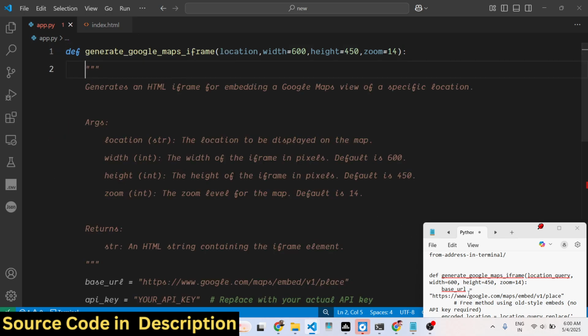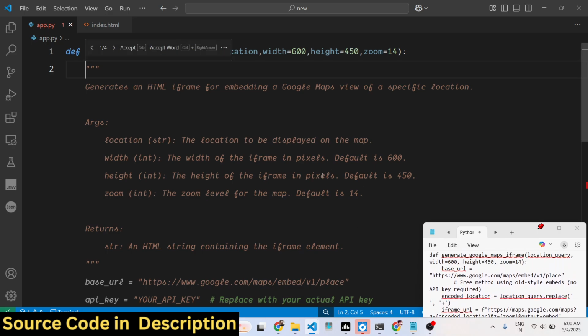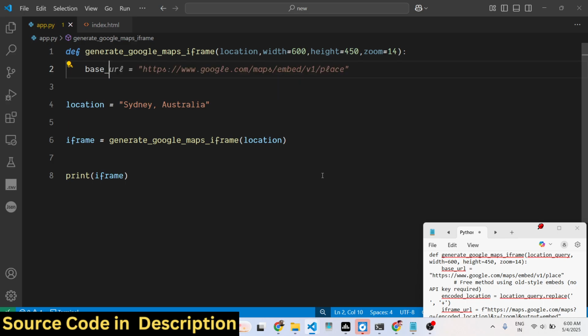Now inside this function, we need to define a variable, base URL. To embed the Google Map in the iframe, we have this Google URL. All this script is given in the description of this video, guys. You can copy the script. The link is given in the description. We are using the Google Maps Embed API, and this is the URL right here,